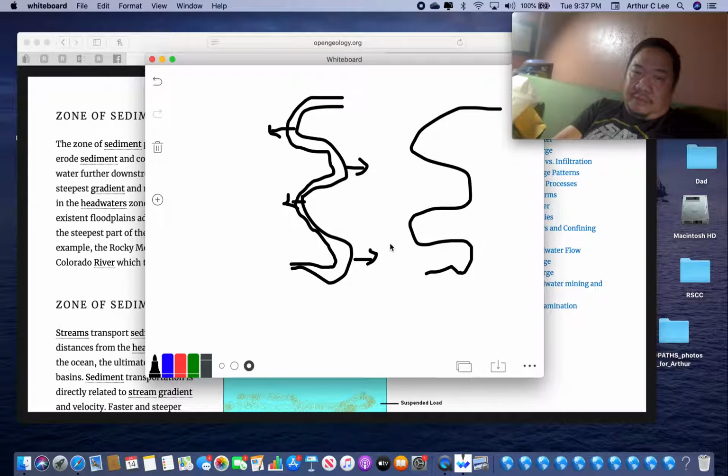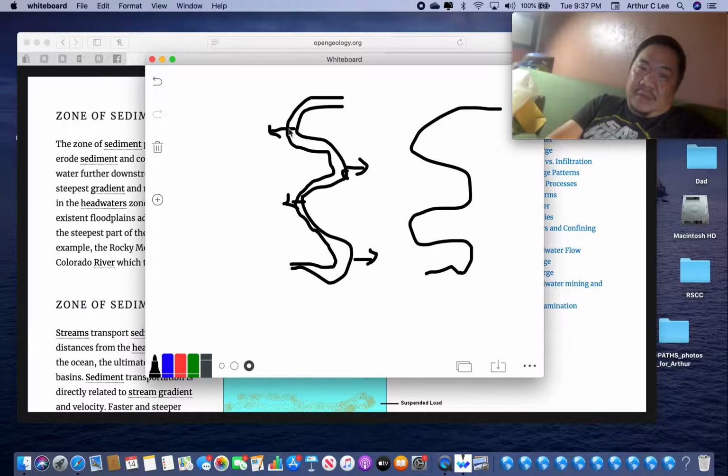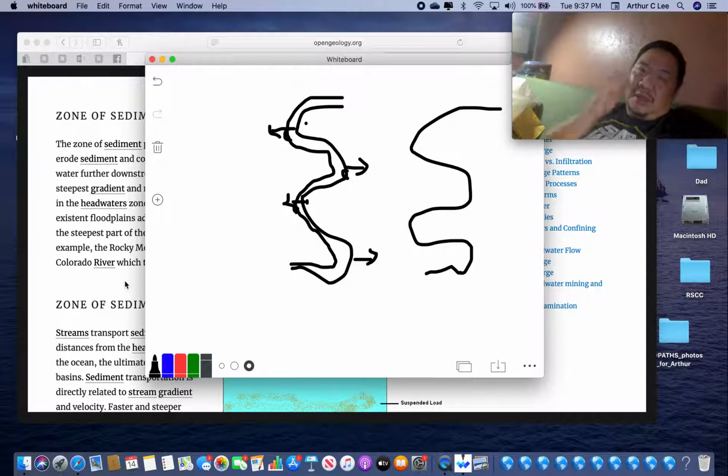Well, this is called the cutbank over here. We talked about that on the outer edge, and here we have the point bars on the inner bends. As the river cuts its way back and forth, it's going to add sediment into the river, right? And so what that means is that